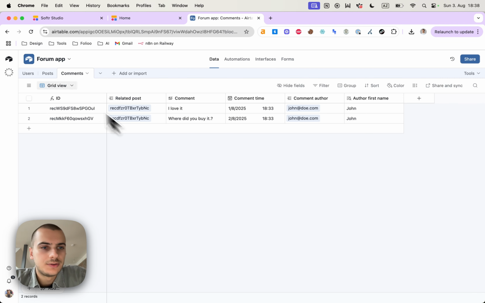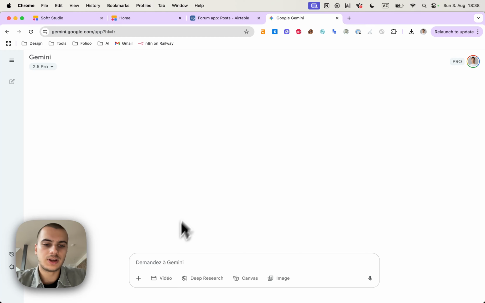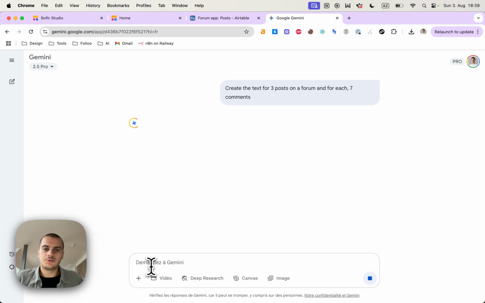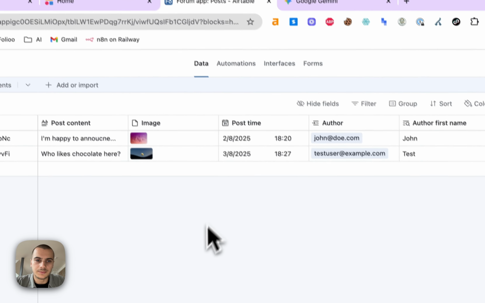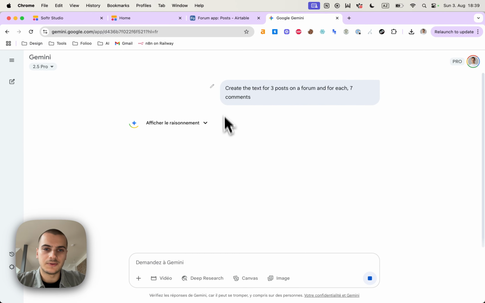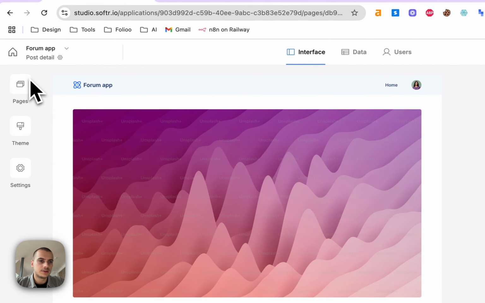So now what I would like to do is eventually ask Gemini to create some fake values, like create four people for the forum and for each, seven comments. I just want to feed our database with better data, and then we will be prepared to build an AI feature on top of that. What we can do in the meantime is